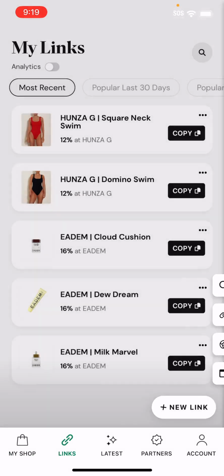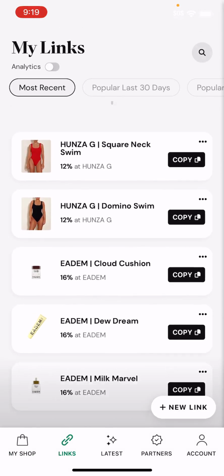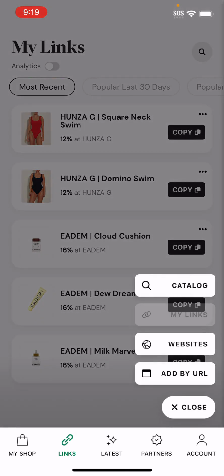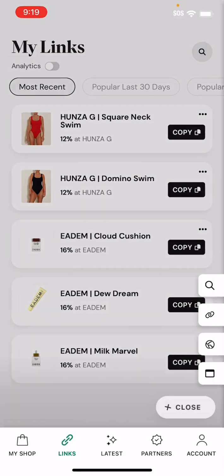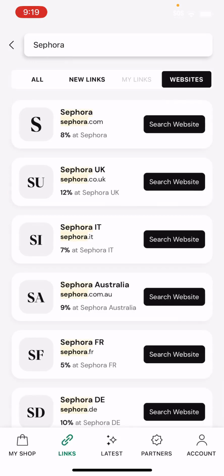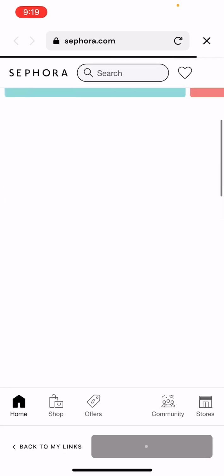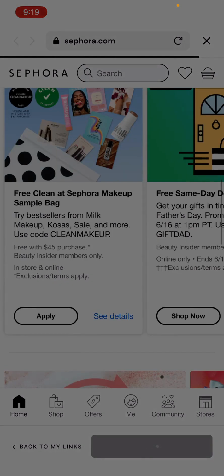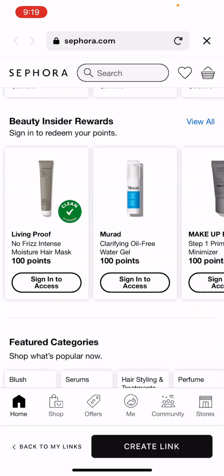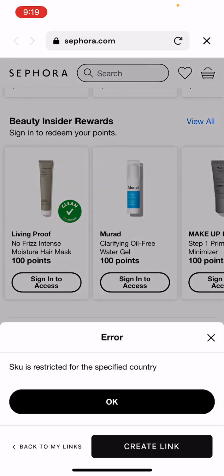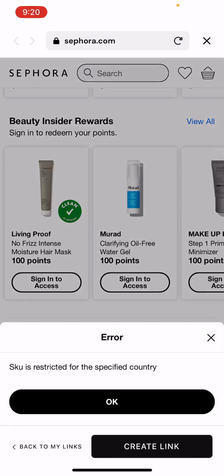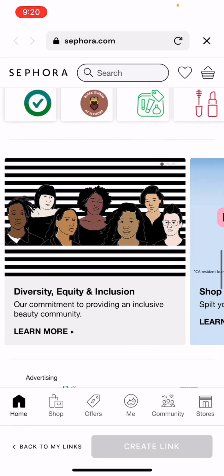Now, the other way you can do this is I can also go to links, and this is going to show all the products that I've added to my store or my shops overall. And whether I use catalog, my links, or websites, let's just say Sephora, right? Then I can do search website, and within Sephora, let's say I want this Living Proof hair mask. In this case, it seems like it's restricted for a specific country, but I can create a link